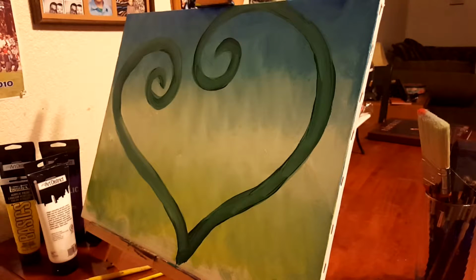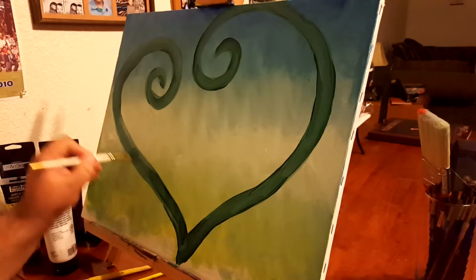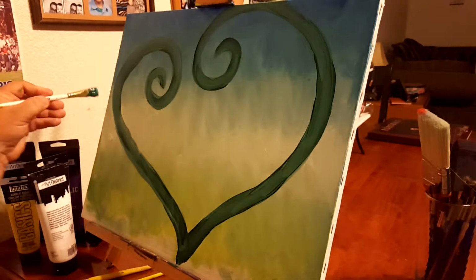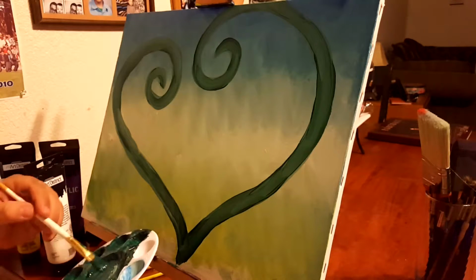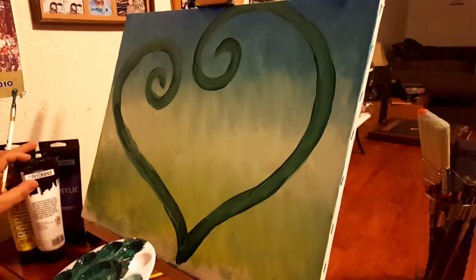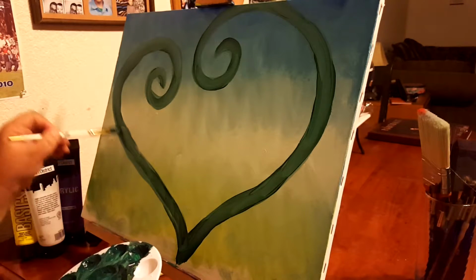Okay, so there's my heart. I'm going to try to get a little more green in here. Especially right here with the white. It looks like the white keeps coming through and we don't want that. So I have to...